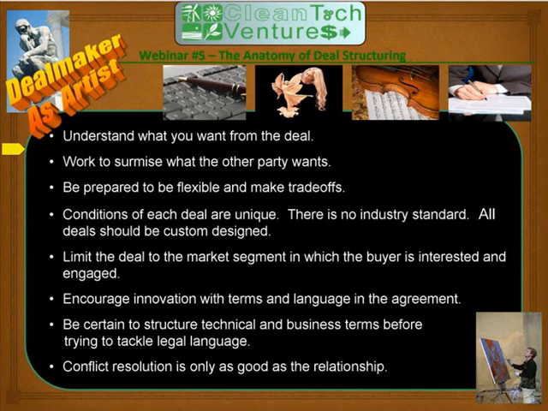With regard to structuring a deal, the thing I would suggest is to be highly creative in your own right. You've spent a lot of time bringing your innovation to this point. You're trying to do a deal, but don't get all caught up in the money. If the person who's buying your technology, who's licensing your technology, has other things of value to you, ask for those as well. If you can use their lab, sit in their booth at a trade show, borrow their personnel, look into their data library, anything else that they have that they can give you that doesn't cost them anything is something you can add to the deal to make it a sweeter deal for you.